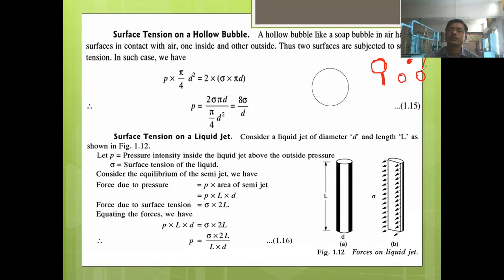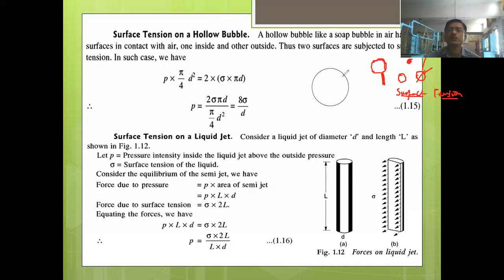This soap bubble is unstable in nature. After a few seconds or few minutes, it will burst. Okay. What is the reason behind that? Why is it unstable? Again, the reason behind that is surface tension. Because of surface tension, this bubble will burst. It is unstable and it will try to achieve stability and it will burst.